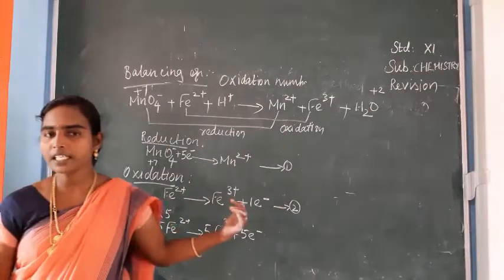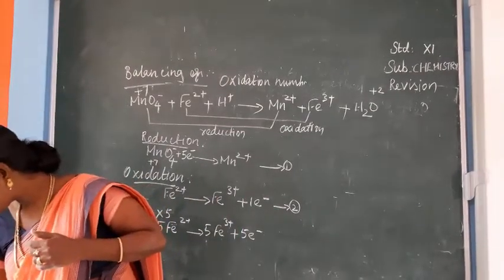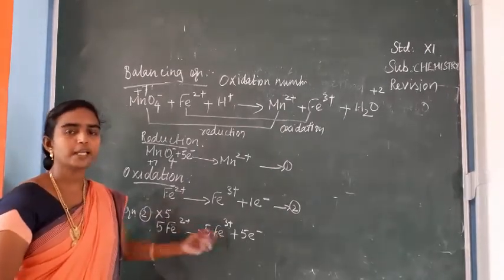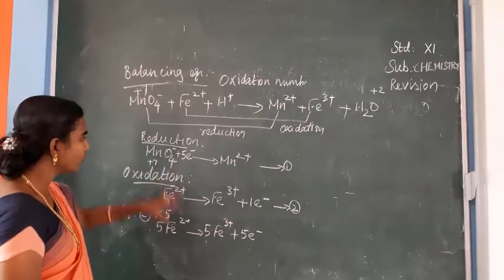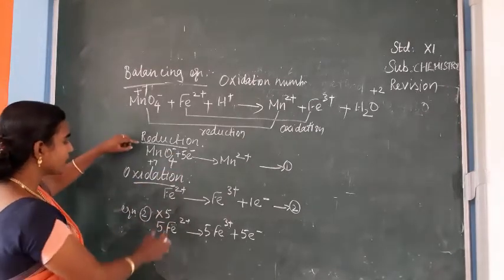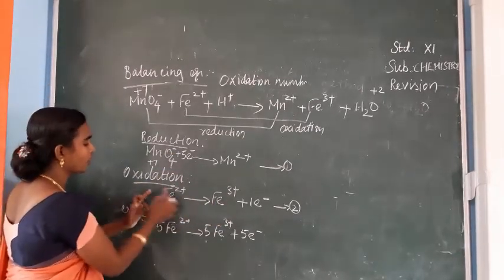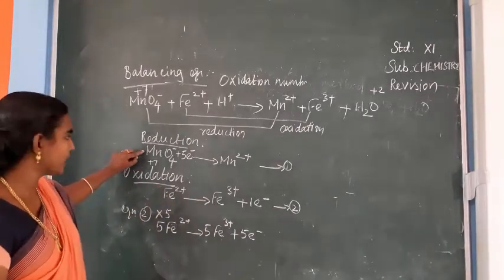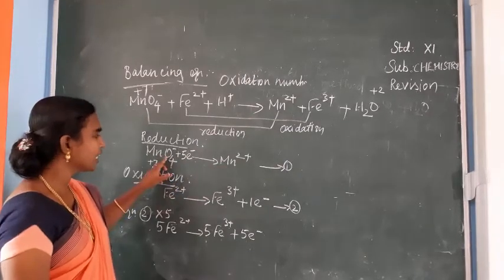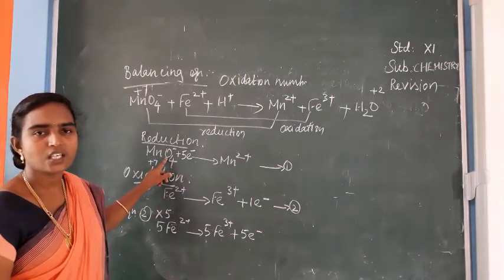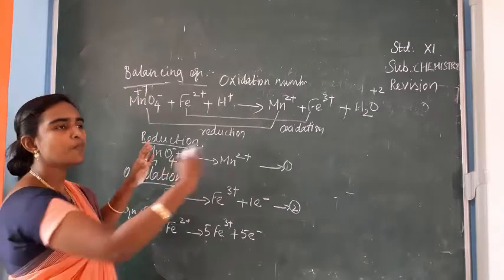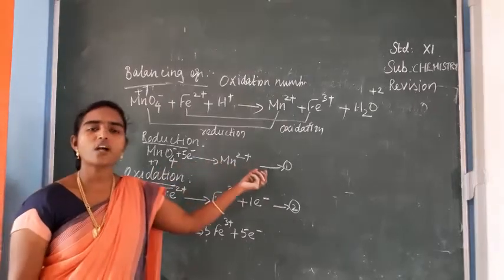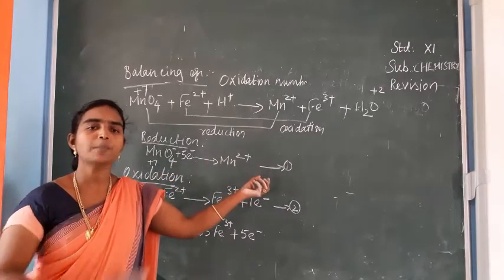So what have we done? In the second equation, the number of electrons differed, so we have multiplied by 5. Okay. So now when you see these two equations, here only Fe atoms are there. No need of balancing there. But when you consider the first equation, Mn and Mn, but here one more oxygen atom is there, isn't it? So how to balance these oxygen atoms on the right hand side: if 4 oxygens are there, it means 4 water molecules should be added to the product side.